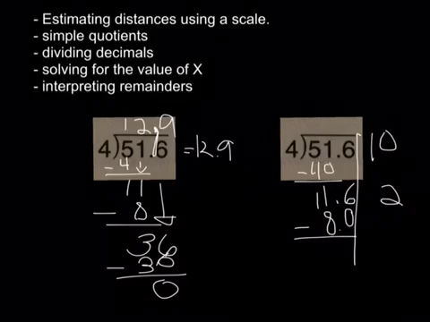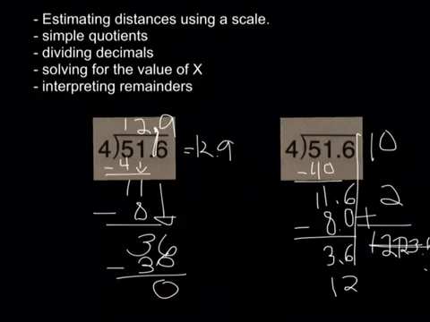Now 11.6 minus 8 is 3.6. Okay, and that's too low to divide any further, so our answer is 12 remainder 3.6. Okay, sorry, that's pretty messy. I'll do it again. 12 remainder